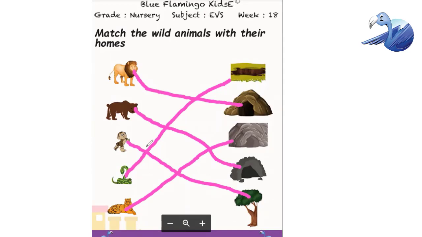Snake, hole. Tiger, lair. Okay. So like this, students, you have to match the wild animal with their homes.